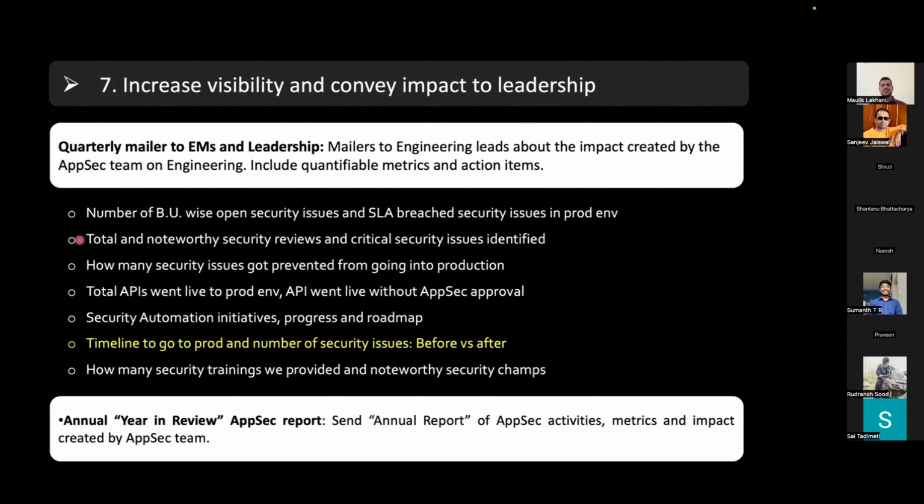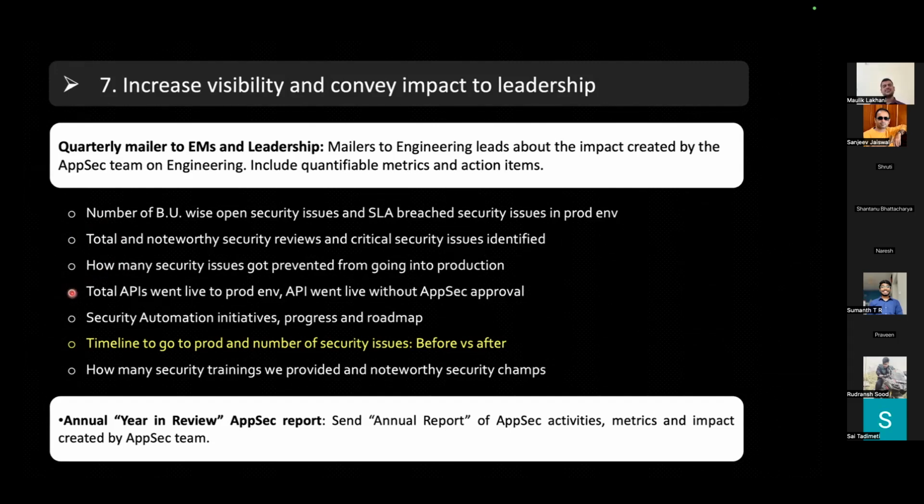Then you also say that in this quarter we performed this many security reviews, but out of those, these many were very noteworthy. These were the critical security issues we identified in those security reviews, and these many security issues were prevented from going into production. How many total APIs went to production this quarter? How many went live with product security AppSec approval?